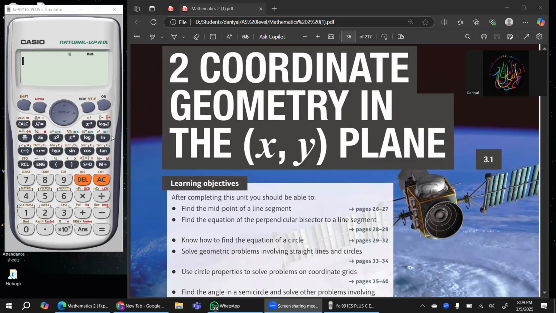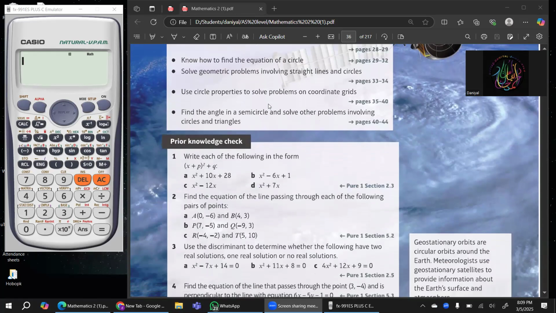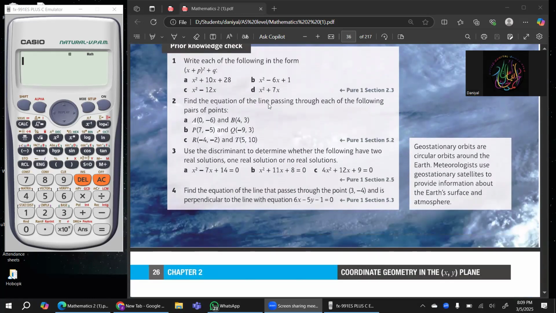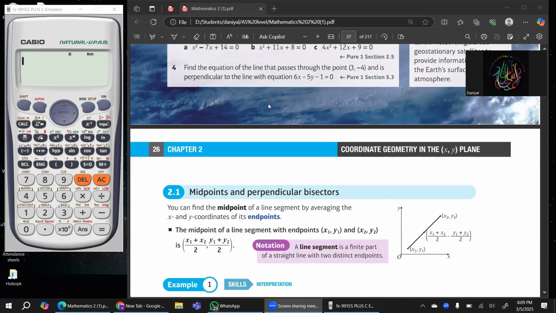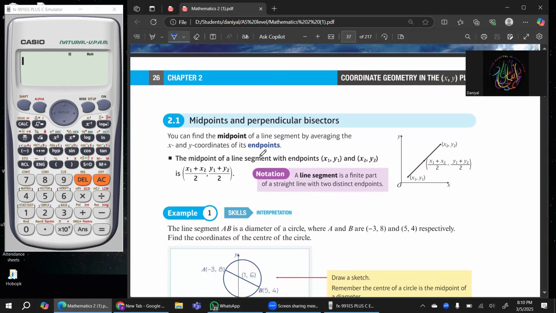Today we're gonna study about the geometric coordinates in the plane. It is actually the AS level second chapter in the book 2. And in this chapter, we get the more advanced form of the coordinate geometry we studied in P1 and IGCSE. In this chapter, we're gonna study how to find the midpoint. It is actually very important in order to find the midpoint of any line or a midpoint of any circle,